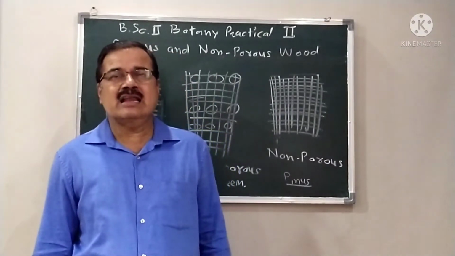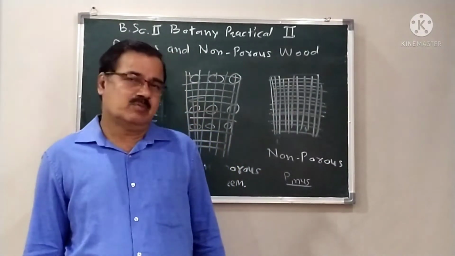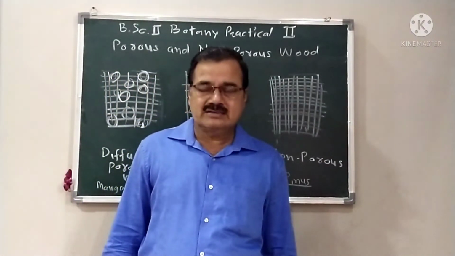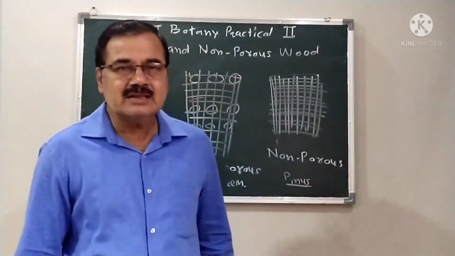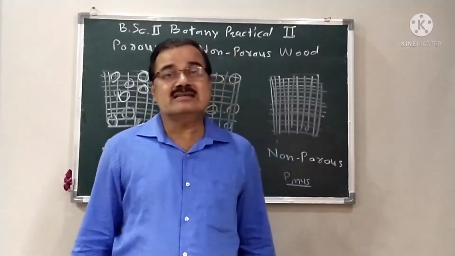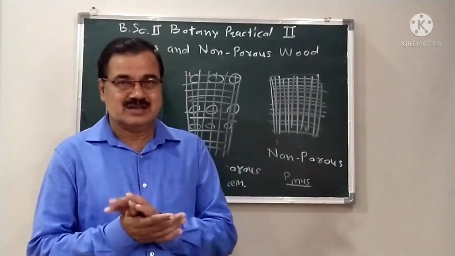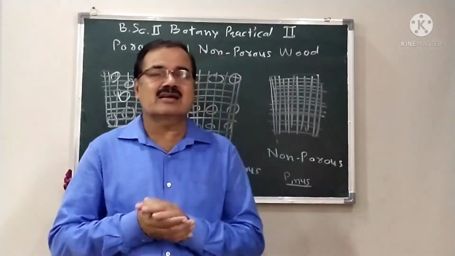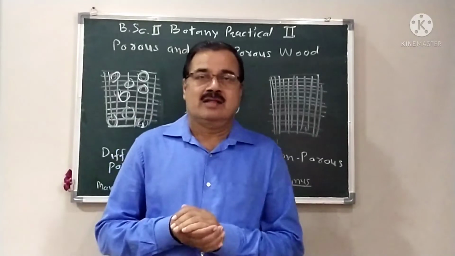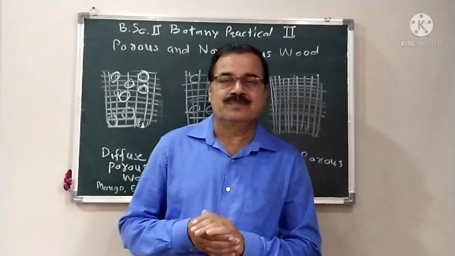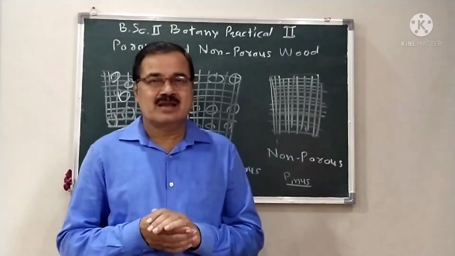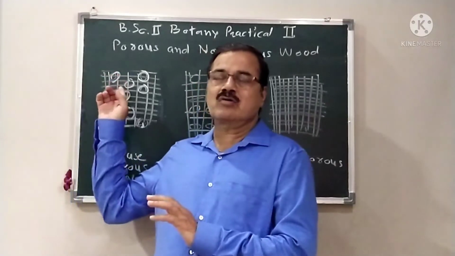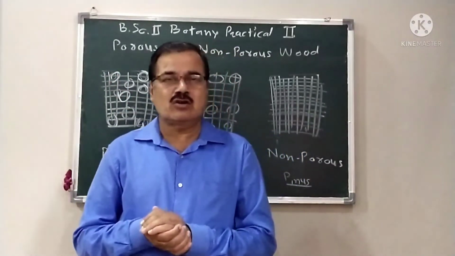Here secondary xylem is formed in a larger amount and secondary phloem in a lesser amount. The secondary xylem is known as the wood. It means the large trees, whose main trunk is woody, hard and stony, is known as the wood, that is the logwood. Here the structure is hard. On the basis of the secondary xylem tissue present, wood is called ring porous and diffuse porous, or non-porous.